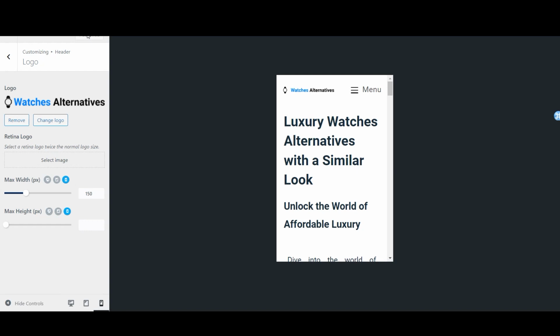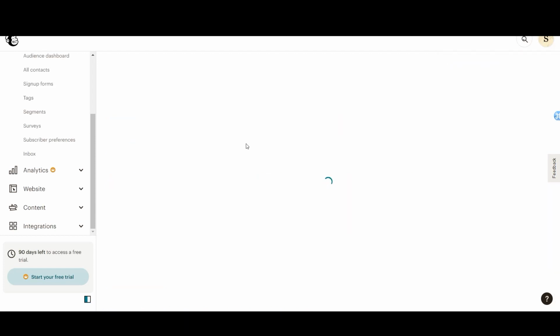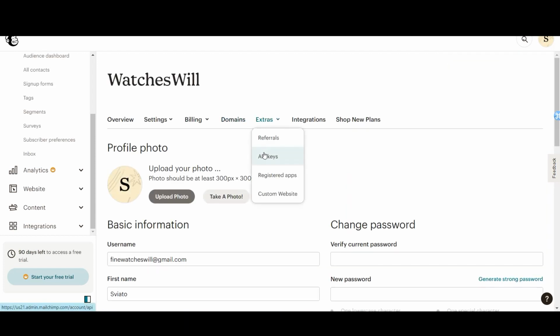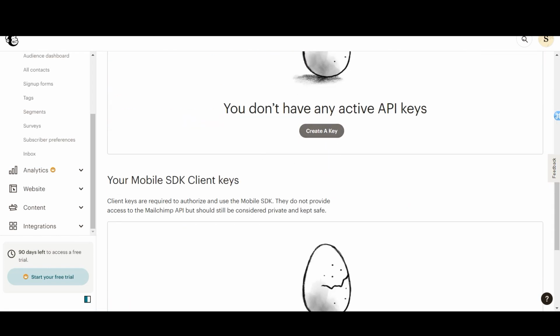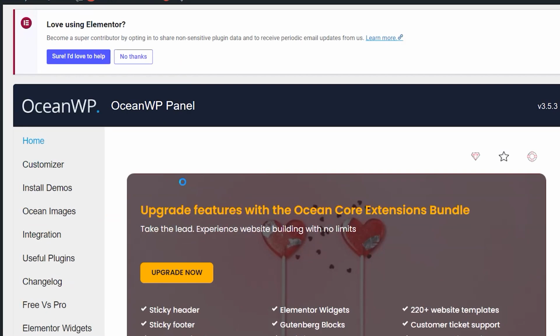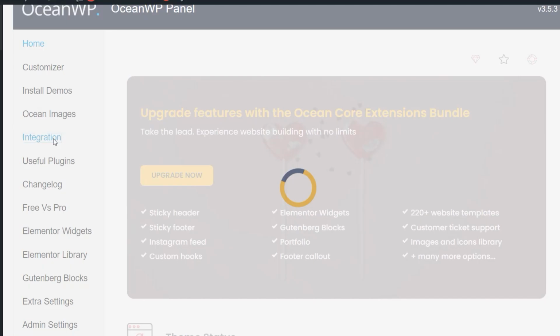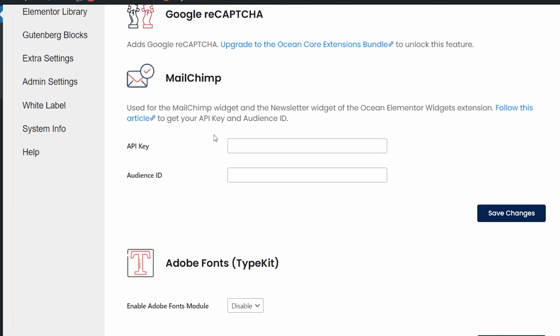So we're going to connect our MailChimp. Go and create key. WP form, integration. And we insert in our